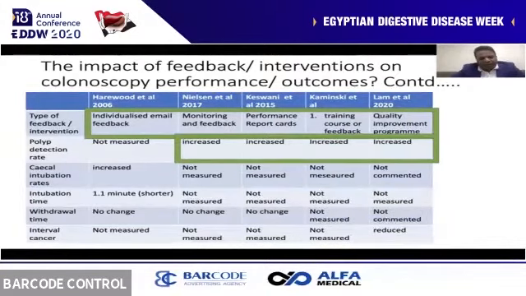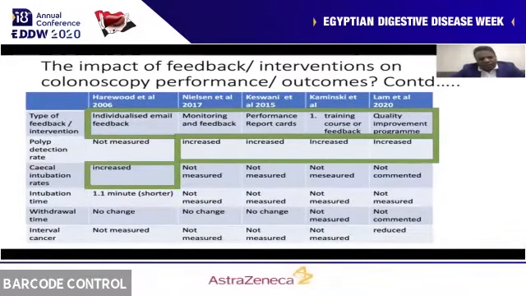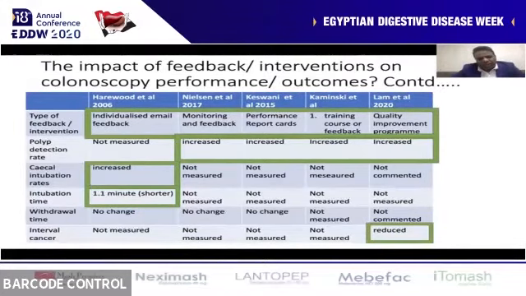And they found that polyp detection rates increased in some of the studies. Some showed evidence of an increase in the cecal intubation rate. Some showed evidence of improved intubation time. Some showed evidence of improvement in interval cancers, suggesting that feedback can actually improve the outcomes and performance of